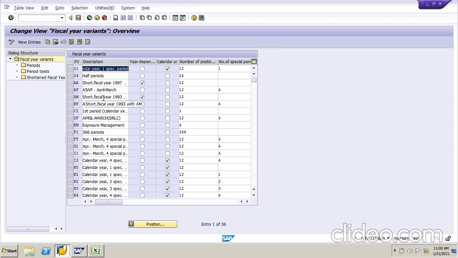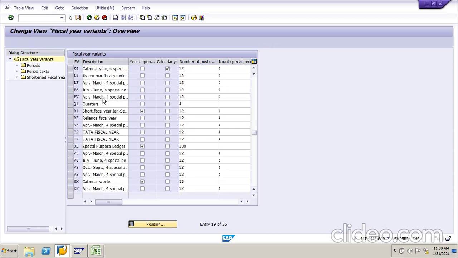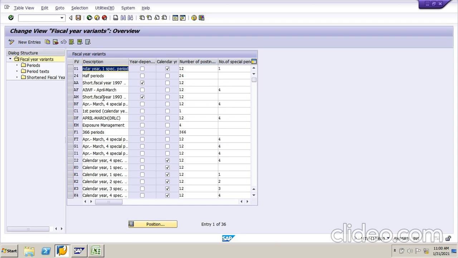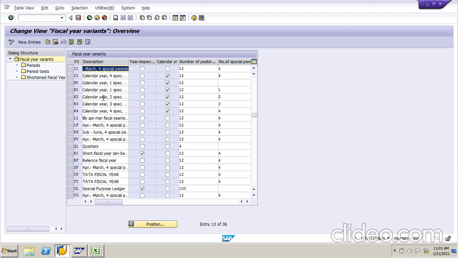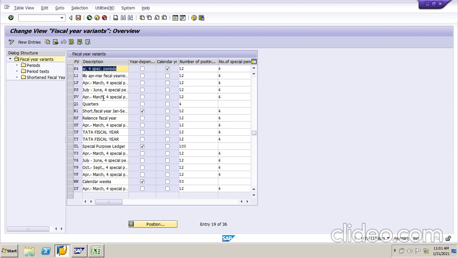So these are the different types of posting periods. SAP has already defined some predefined posting periods. So here see this one, V3.